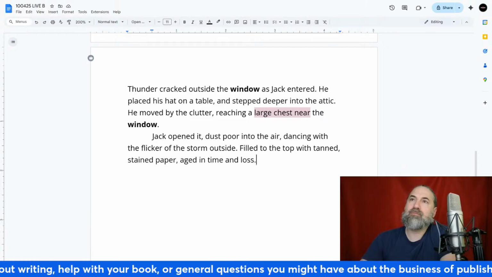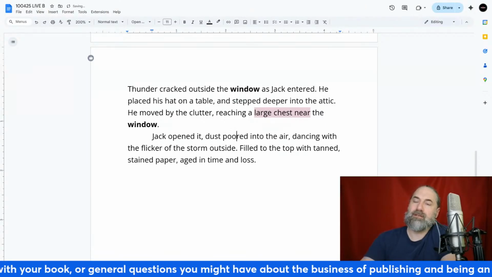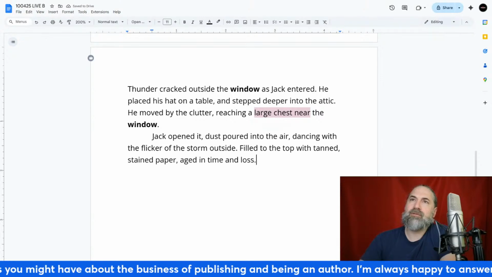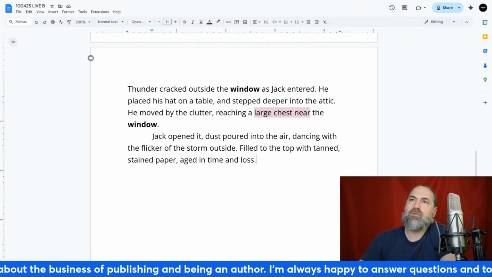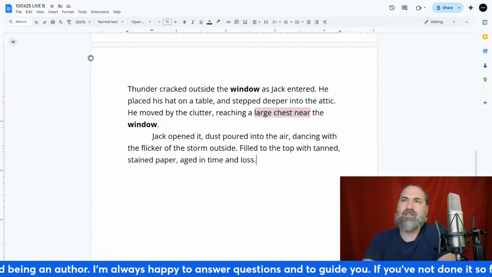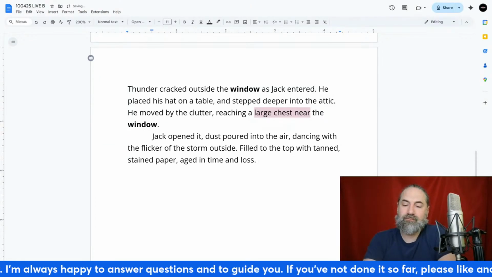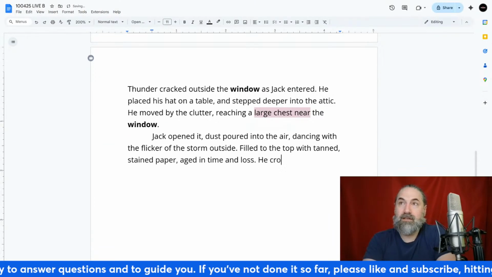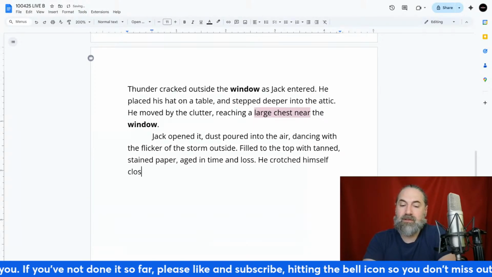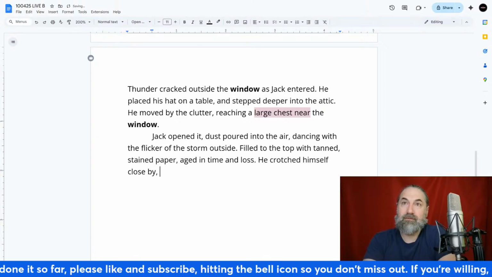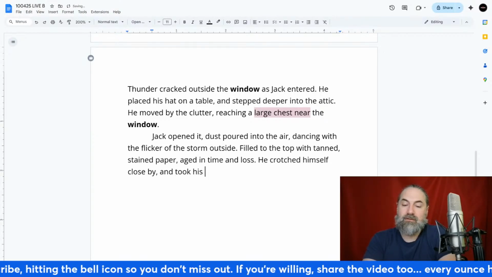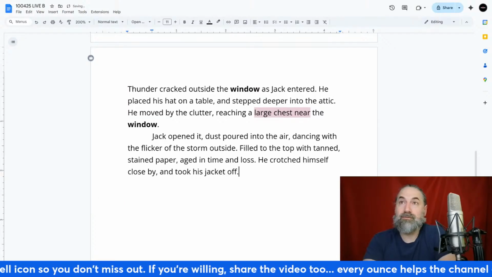Dust poured into the air, dancing with the flicker of the storm outside. Filled to the top with tan-stained paper, aged in time and loss. All right, he crouched. Crouched himself close by. And took his jacket off. All right, so